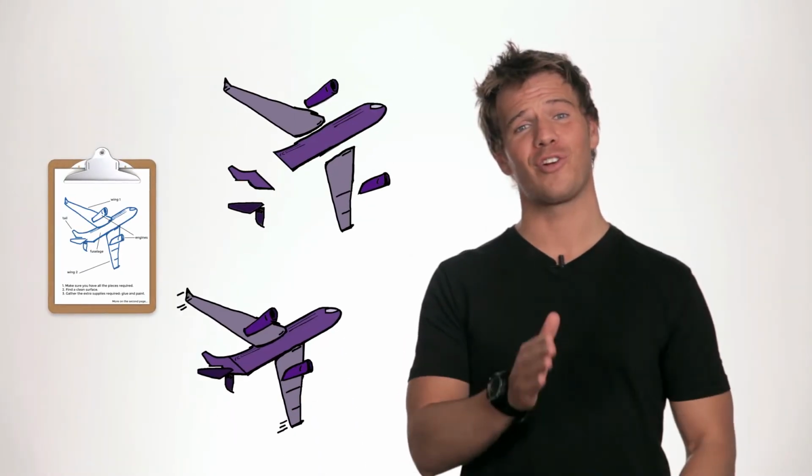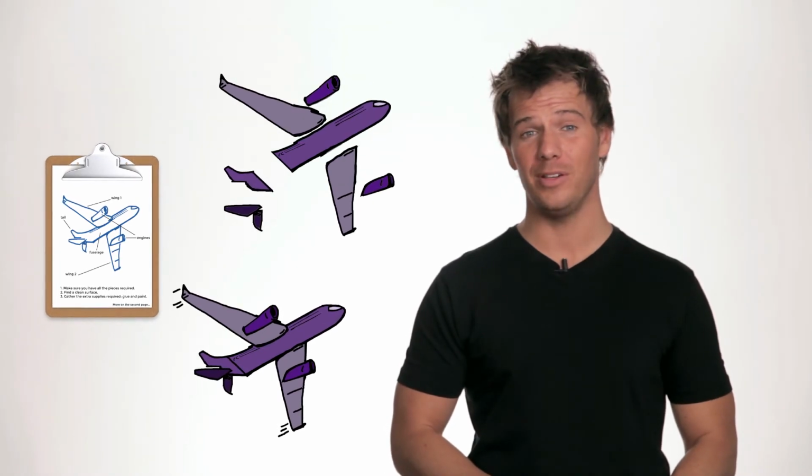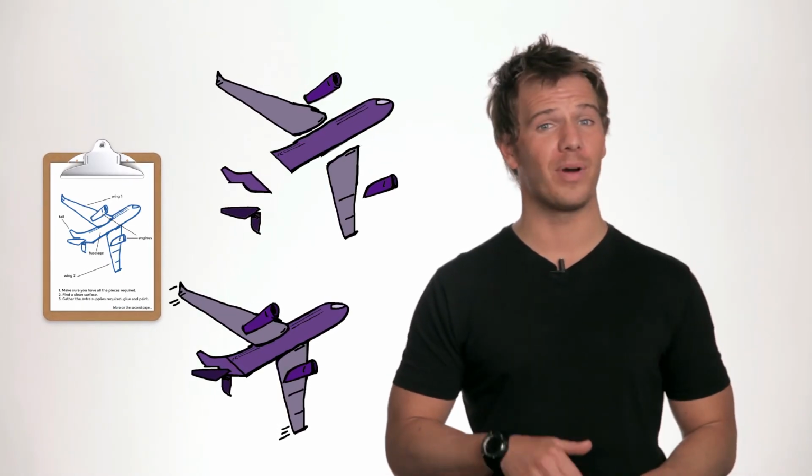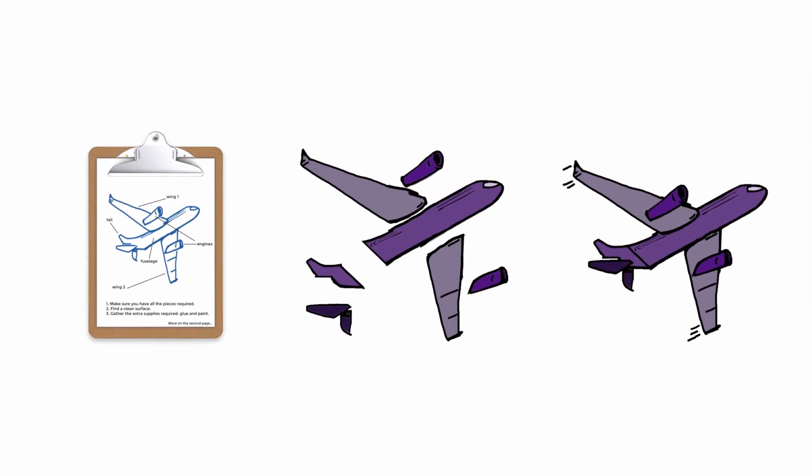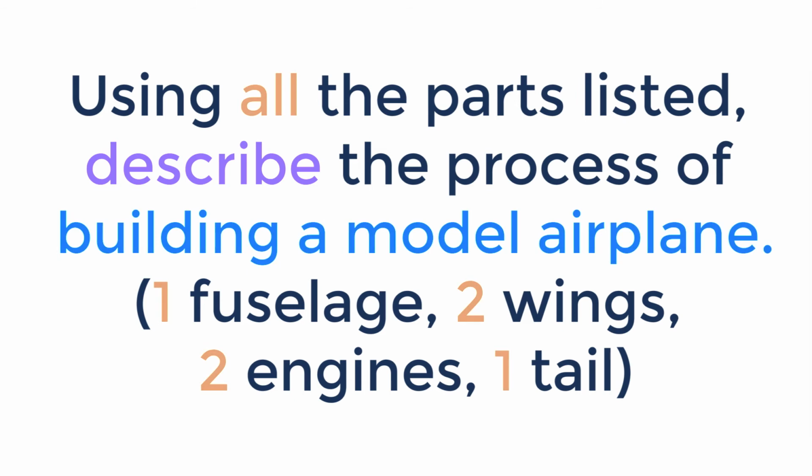Now list everything you will include in your answer. How to organize your answer will sometimes be up to you and sometimes directed by the type of question. Like in this case, it's a process, so step by step is a good approach. Now that you're organized, you're ready to write. Question dissection helps you identify the important parts of a test question, so you can build an answer that really